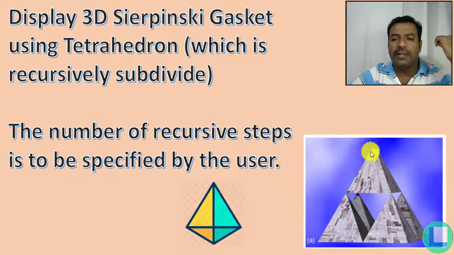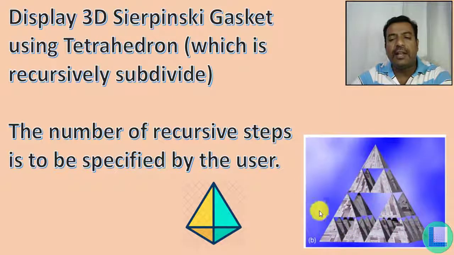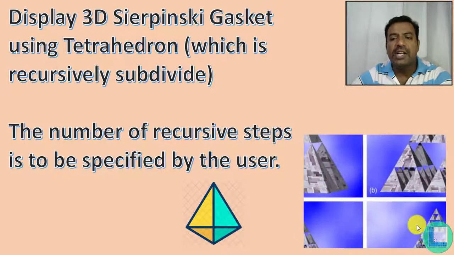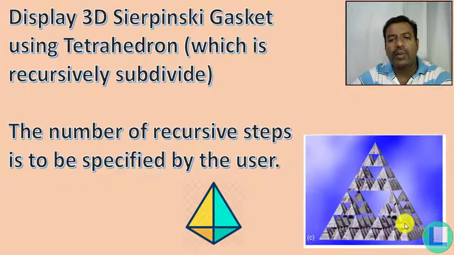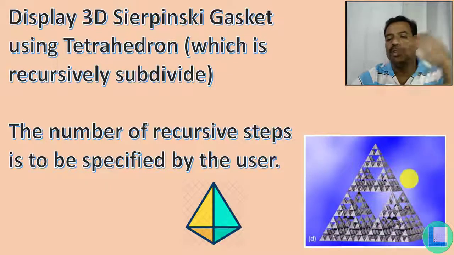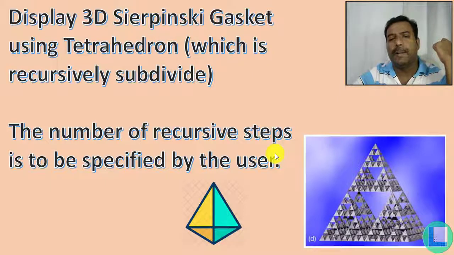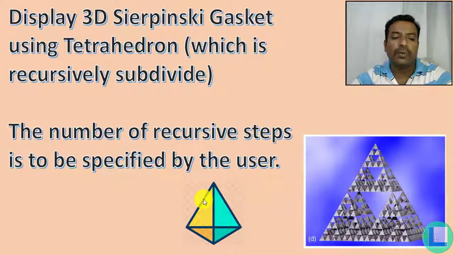This complete tetrahedron has been divided into n number of tetrahedrons. Similarly for step 2, I'm going to have this many divisions, and for step 3 further divisions, and further I'll be having more number of divisions. So this is what step by step the division is going to appear to be, and this is what exactly we are going to do in this particular program. Fine, hence we'll just shift to the programming.